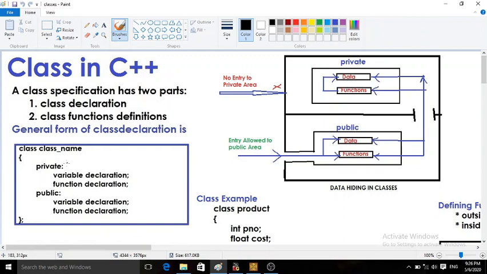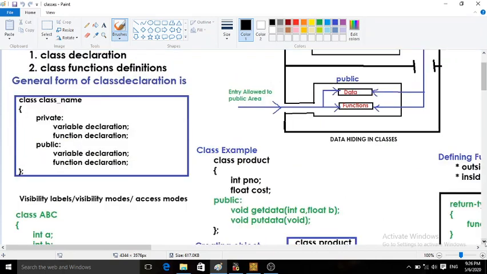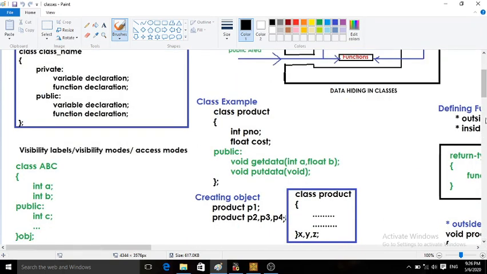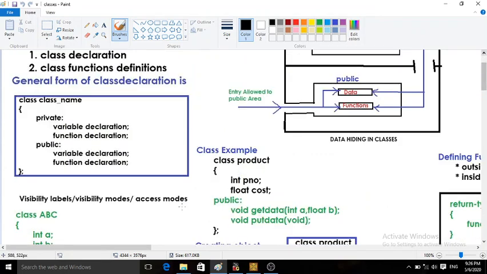Here private and public are again keywords, and private is followed by a colon and public is also followed by a colon. So what are these called?